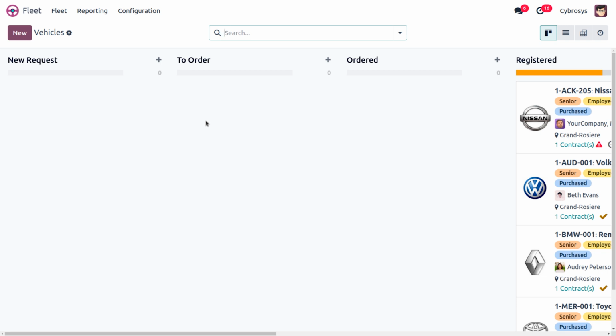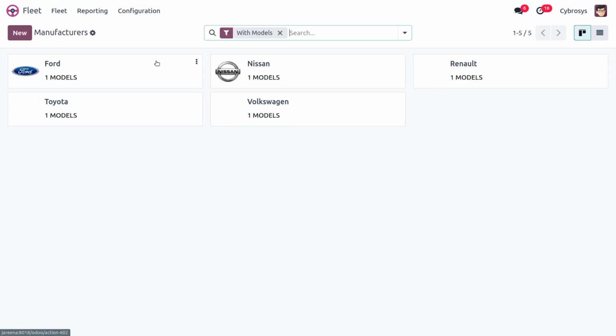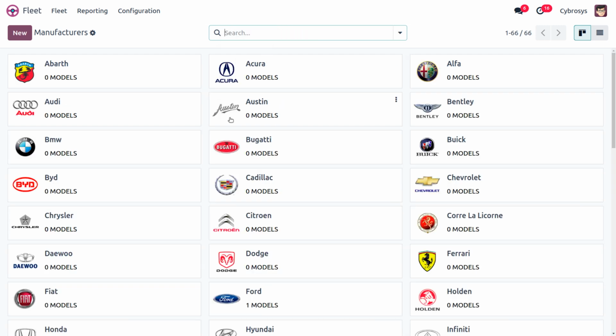To add a new vehicle model, you can move to the configuration and you can find the models over here. You can also find the manufacturer over here. It is advisable to use some specific fields for a Belgium-based company, as some fields or sections may not be visible depending on the localization of the company. First, we have to consider the manufacturer. In this case, you can find the manufacturer with models, and if you remove that filter, you can find all the manufacturers that are available over here.